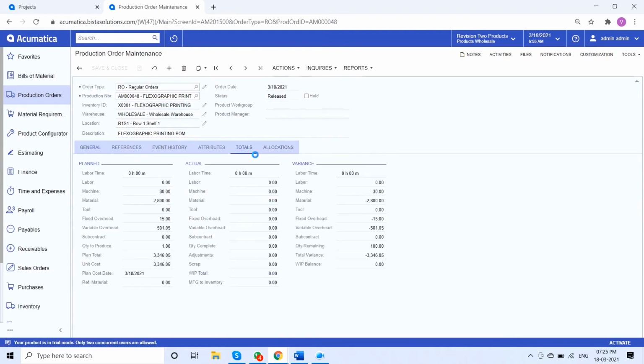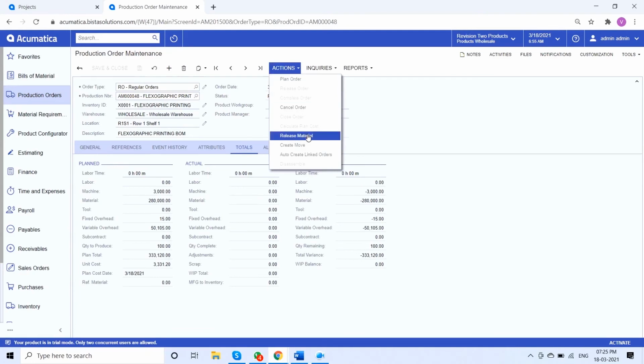Let me see the totals before proceeding further. So I have my materials cost along with my overhead cost, which is my plant cost. So I'll release my raw materials first.